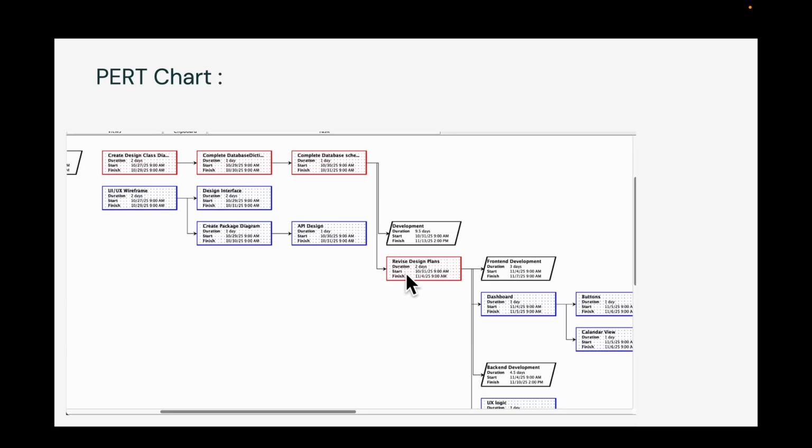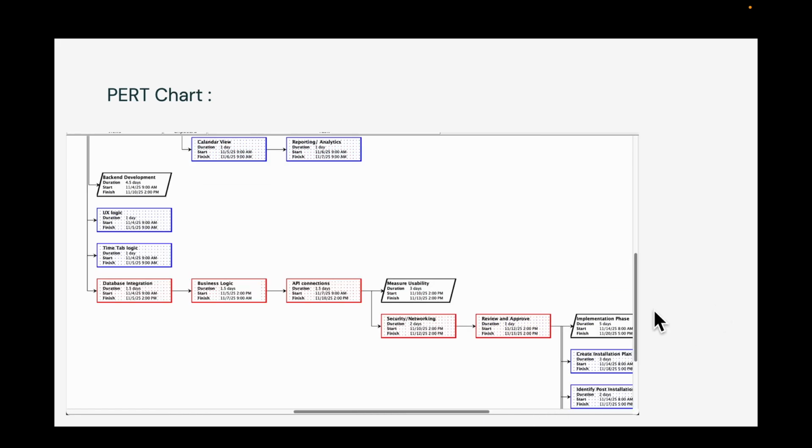We go on to the development phase where we start revising our design plans, move into the front end and back end development with our dashboard buttons, calendar view, reporting, and here's our back end development tree where we have UX logic. We're going to spend about 1 day on that, our time tag logic, database integration, business logic, our API connections,